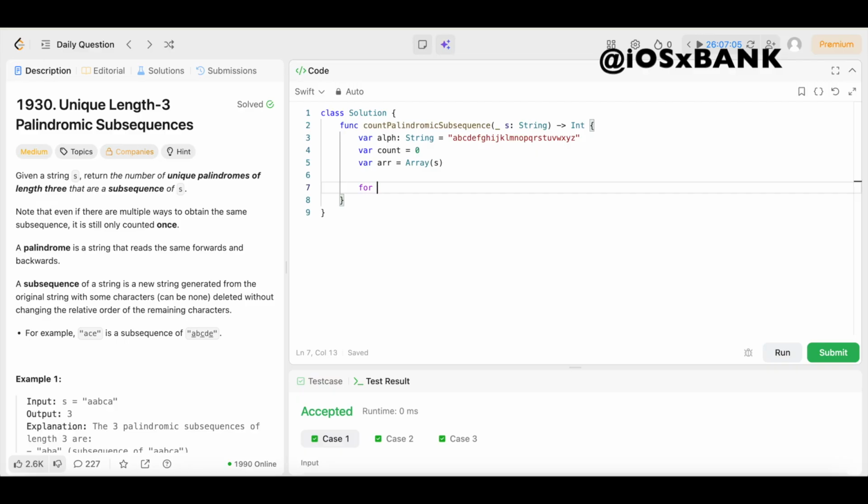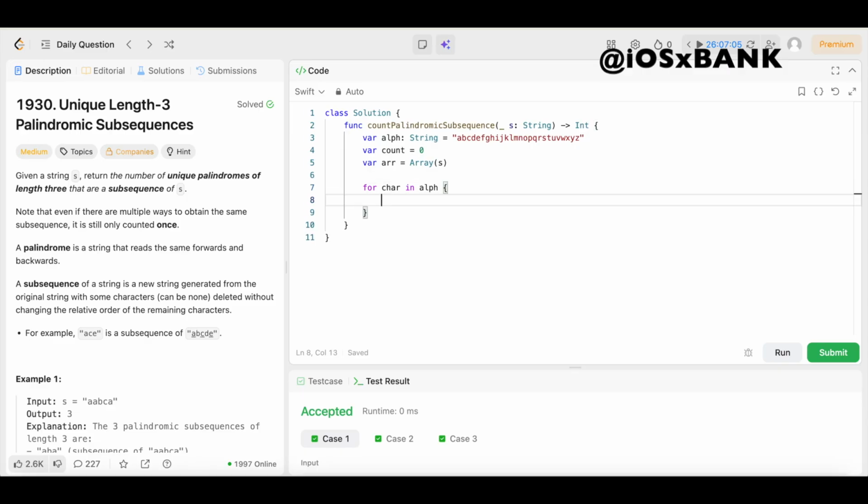Boom. Now for each possible character as the first and last of the palindrome, we're going to loop through it by saying for char in alph. Boom. We're going to open up the brackets. Then we're going to find the first and last occurrences of this character in the string. So we're going to say if I equals R dot first index, open up the parentheses of colon char,